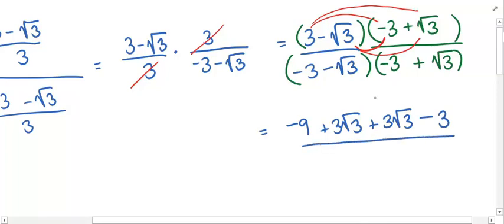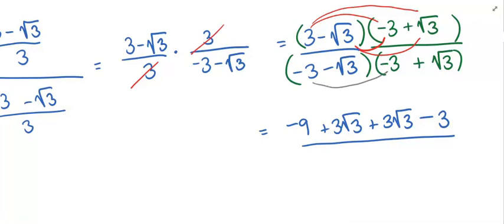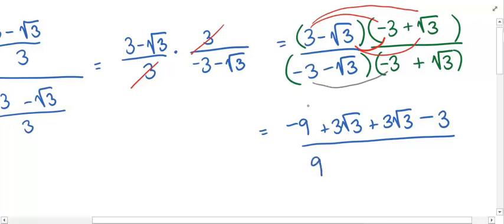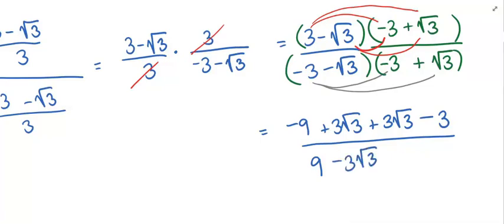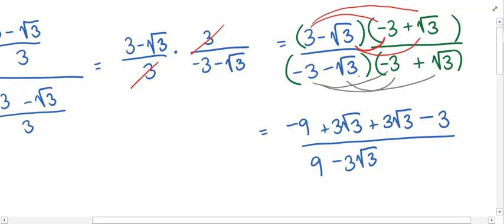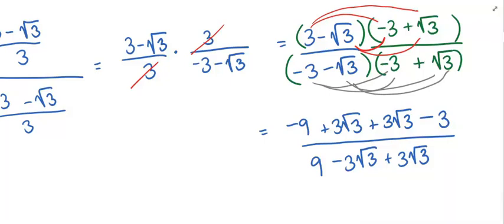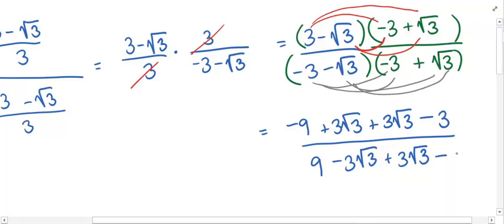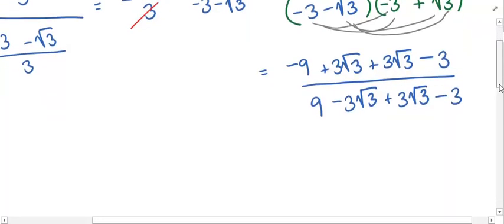In the bottom, we also FOIL. So we're going to have first term times first term. Negative 3 times negative 3 is positive 9. And then we'll have the outer terms, negative 3 times the square root of 3. That is going to be negative 3 square root of 3. And then the inner terms, negative 3 times the negative square root of 3 is going to be positive 3 square root of 3. And then we have to look at the last terms. Negative times positive will give us negative. And then square root of 3 times the square root of 3 is 3. Okay, so now